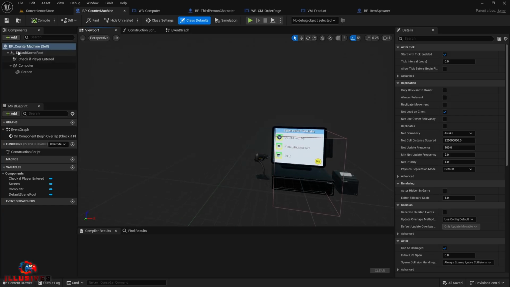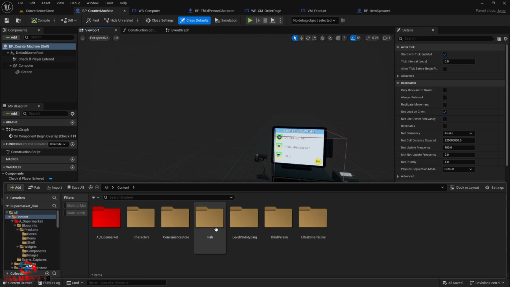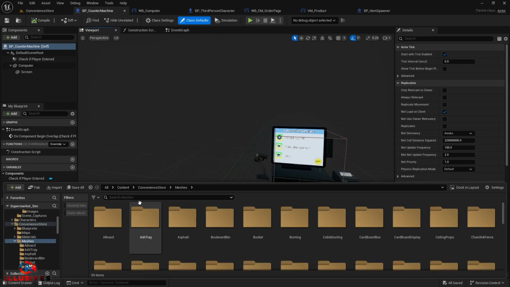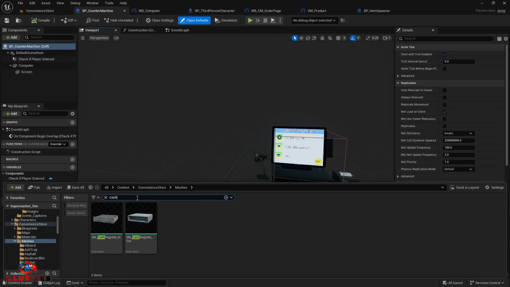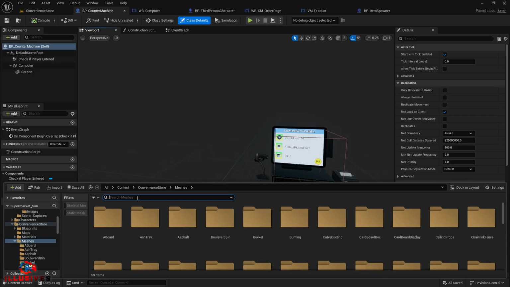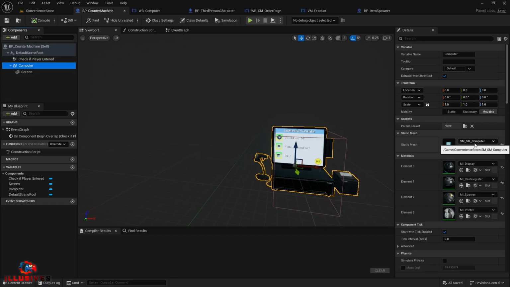Okay, so first thing, in the default root, I have taken this part. Now for me, if I go to the mesh and search for cache machine, okay, what was its name? It was SM computer. And actually it is a merge actor. So if you want, you can